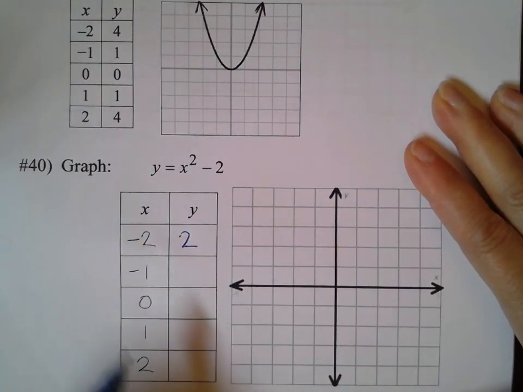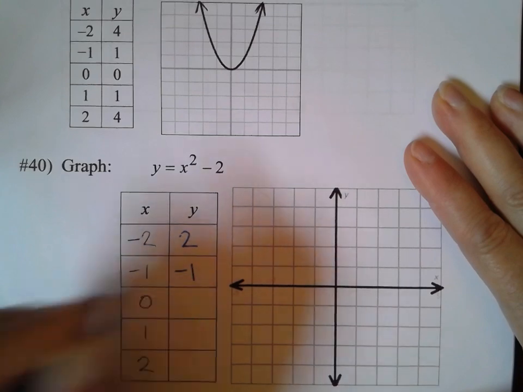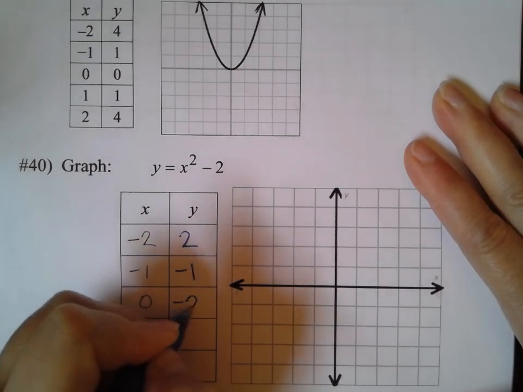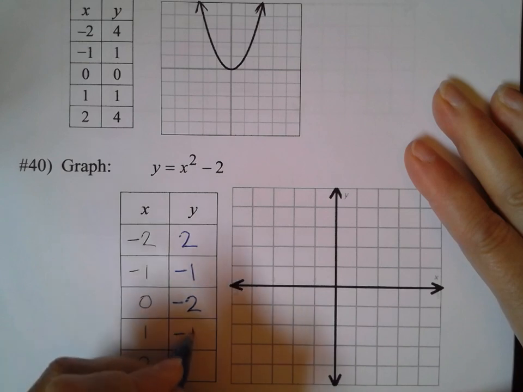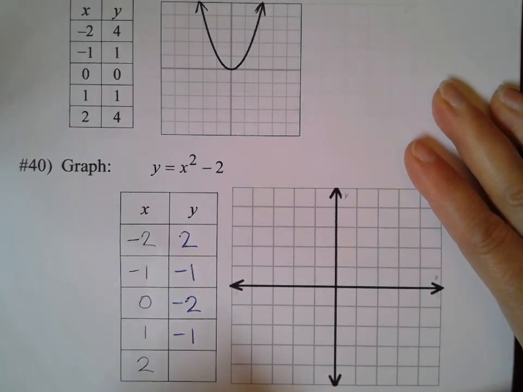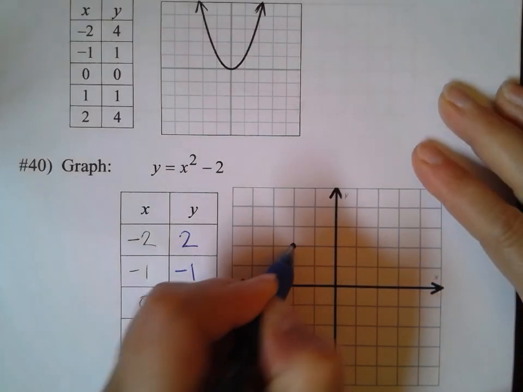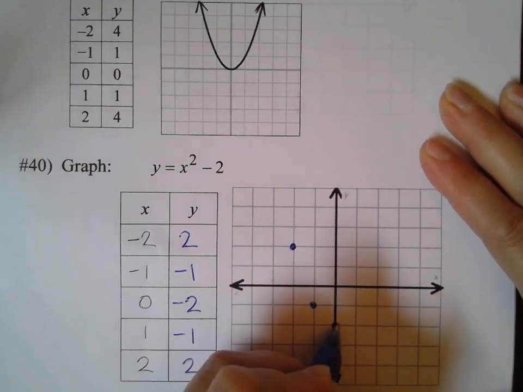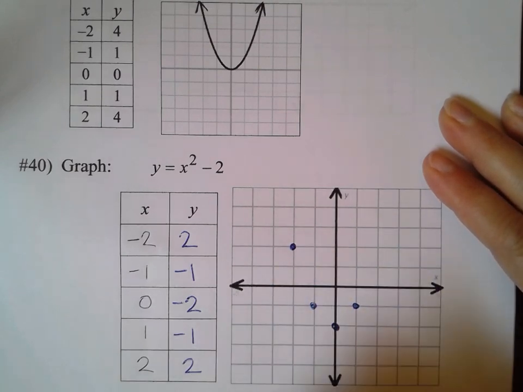And we could do that with all of these, right? -1 squared would be 1, minus 2 would be -1. 0 squared would be 0, minus 2 would be -2. 1 squared would be 1, minus 2 would be -1, and 2 squared would be 4, minus 2 would be 2. So if we plot these points, (-2, 2), (-1, -1), (0, -2), (1, -1), and (2, 2),